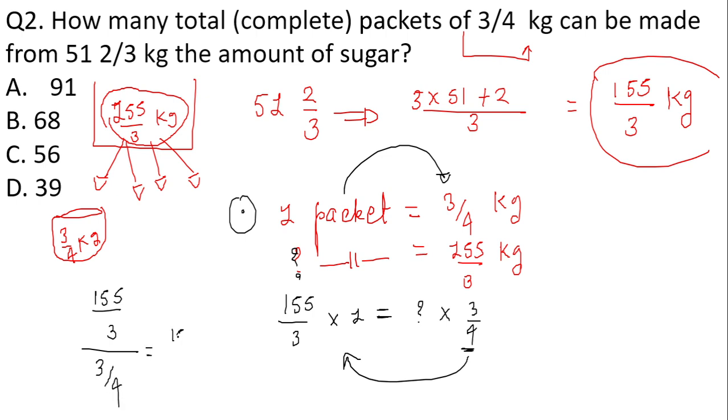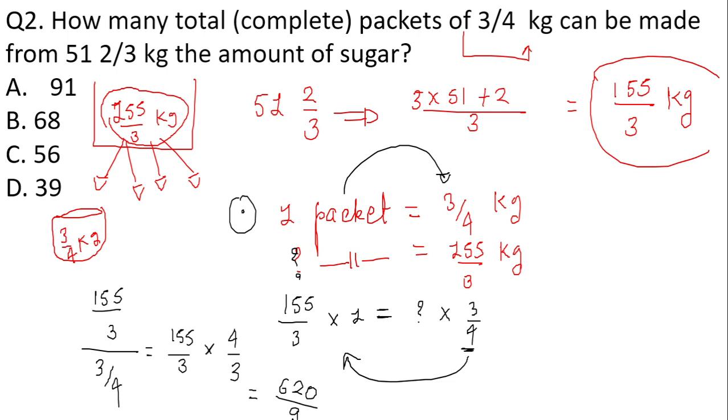Can I write this as 155 upon 3 into 4/3? Yes, this was in division. I have simply converted the numerator into denominator and denominator into numerator by changing the division sign into multiplication. So here the answer will be 155 into 4, right? This will give me 620,